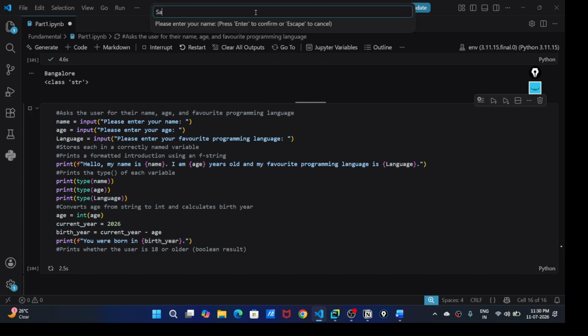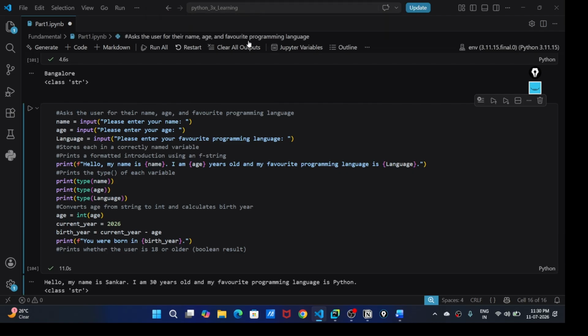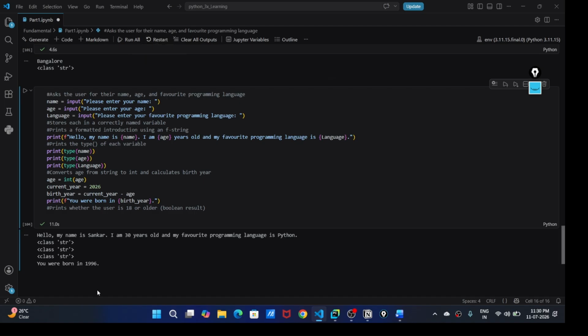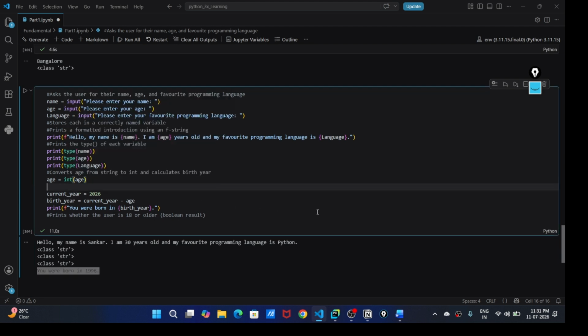Give your name, give your age, give your favorite language, Python. Okay, so we have converted this and we have to see what it is, your birth year, right? How can we check once again whether it's been converted and what the type of age is?